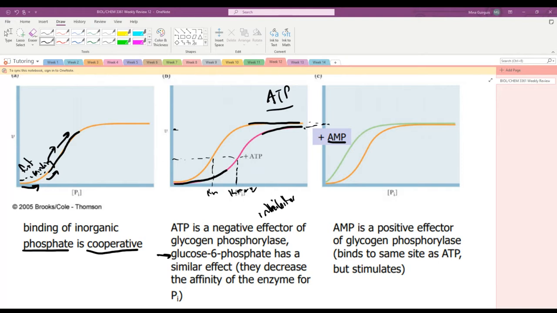When you have a lot of ATP, you don't need glycogenesis. I'm sorry, you don't need glycogenolysis. You need glycogenesis, excuse me. So when you have a lot of ATP, when you have high energy status, you do not need to break down your glycogen into glucose to make more energy, okay? When you have ATP, glycogen phosphorylase is inhibited. When you have AMP, AMP tells you that you have not enough energy, effectively, and that tells you to make more. How do you make more? When you have a low energy status, glycogen breakdown is stimulated, and this reaction happens faster,